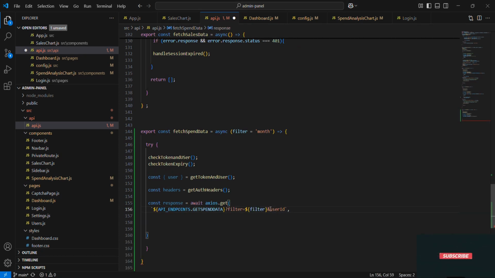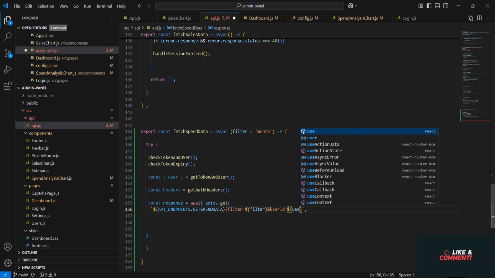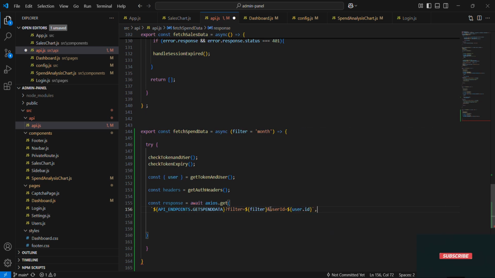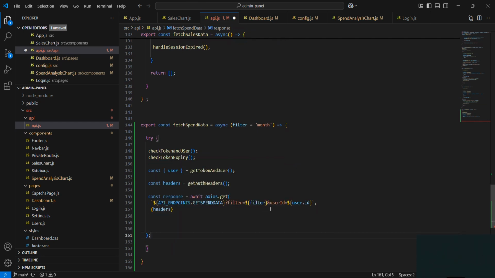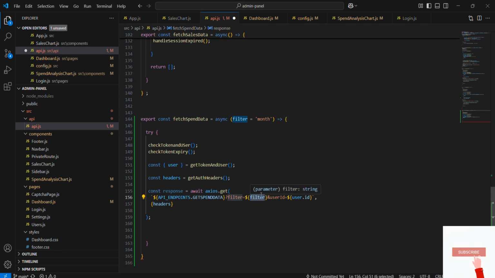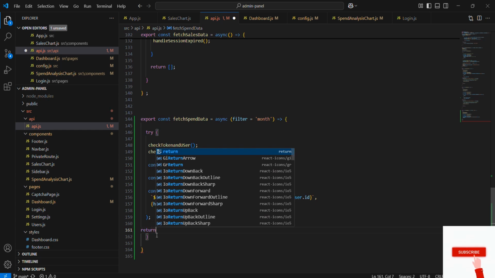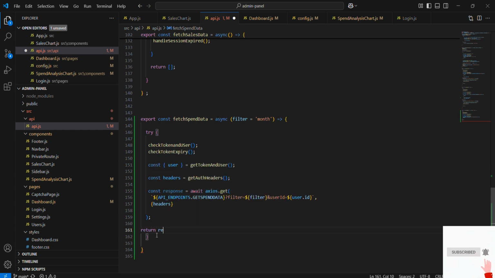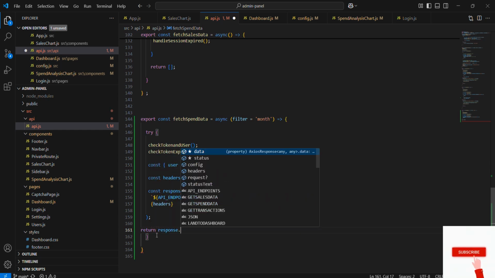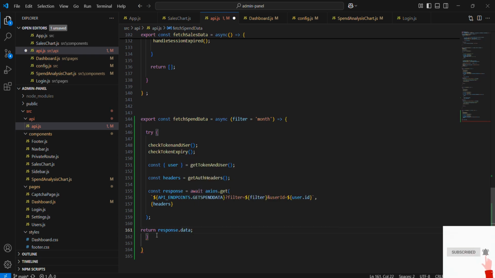Moving on to the core functionality, our function makes use of Axios to perform a GET request to our API endpoint getSpendData. Here we pass parameters, such as filter and userId, to specify the type of spending data and the user ID for validation, respectively. The filter parameter allows users to specify whether they want data for the current month, the last 3 months, or all data until the present. This flexibility empowers users with comprehensive insights into their spending habits. Upon successful retrieval, the function logs the fetched data and returns it for further processing within the application.